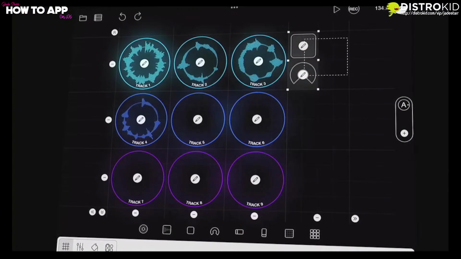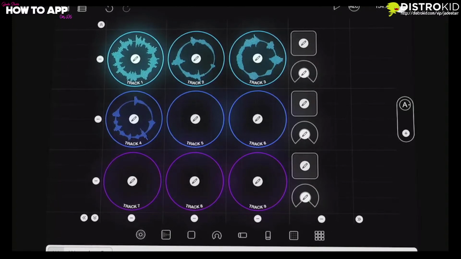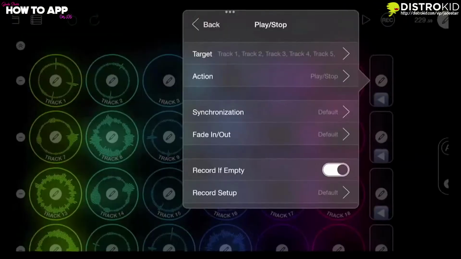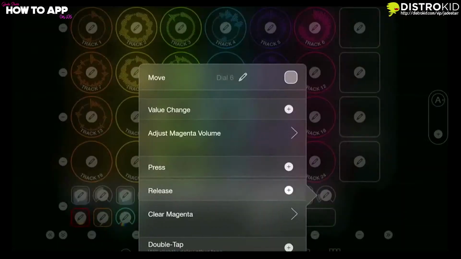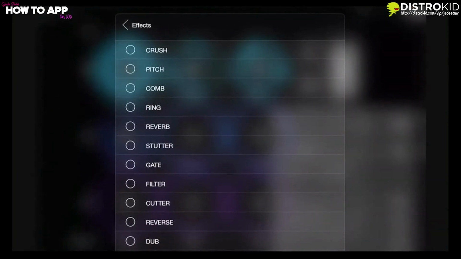You can also add widgets to the canvas in the form of buttons, sliders, dials, and other controls. Widgets are powerful building blocks that you can program and add virtually unlimited control and extended functionality to Loopy Pro. You can do almost anything with widgets. You can play and stop an arbitrary selection of tracks, adjust levels for a track group, manipulate effect parameters, possibly with a ramp,